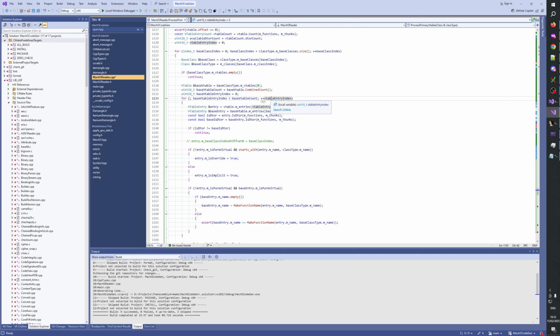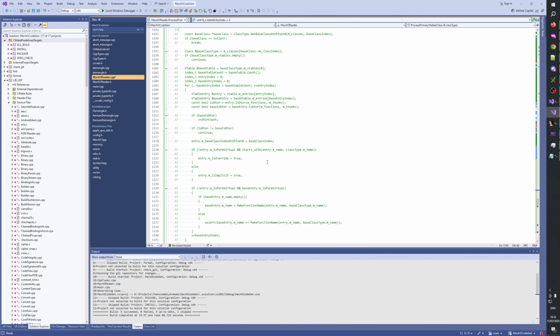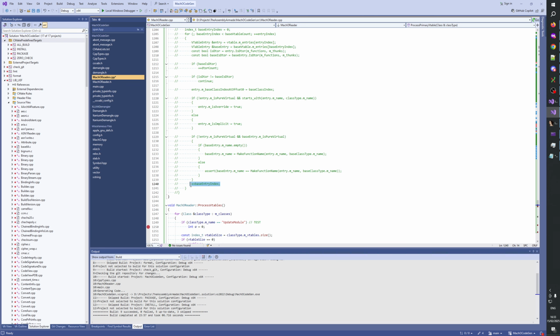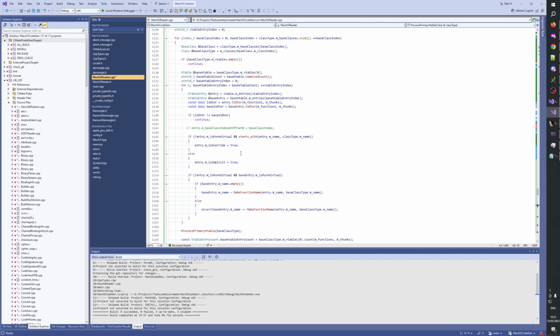No. Base vtable entry index. Okay, here we need to rethink this here. So if we